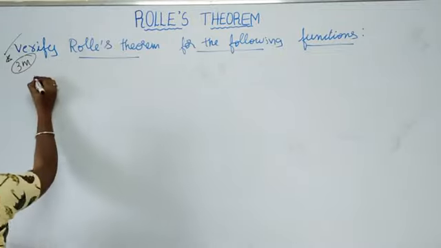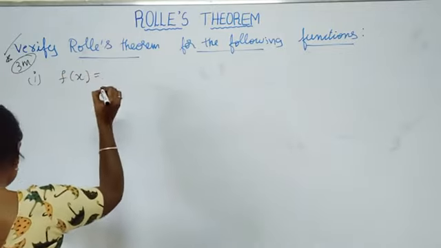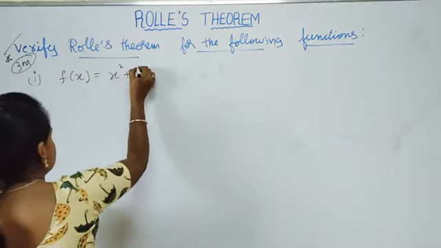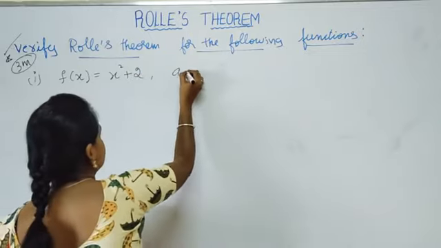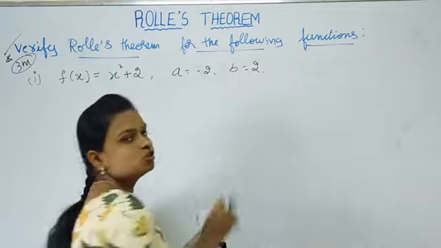In the first problem, f of x is equal to x square plus 2, and a is equal to minus 2, b is equal to 2. So we have to verify